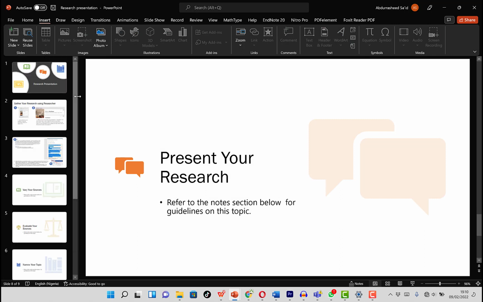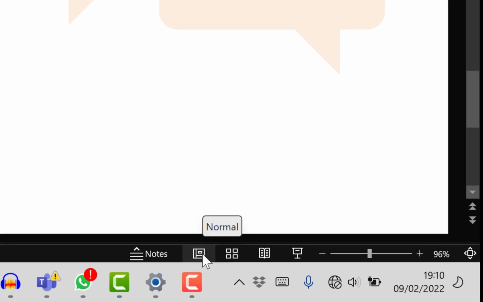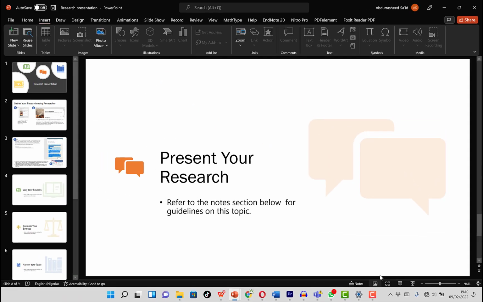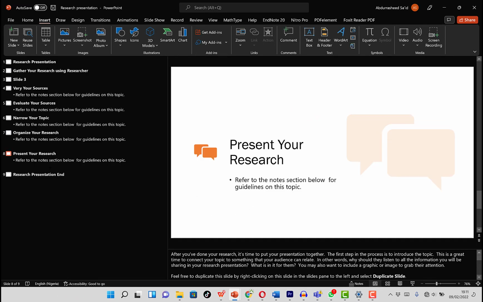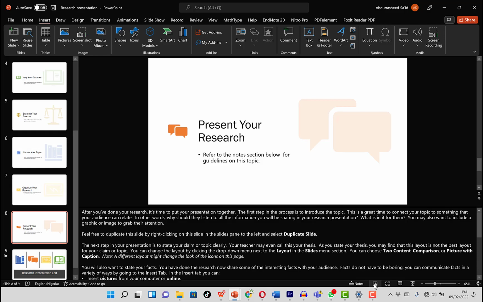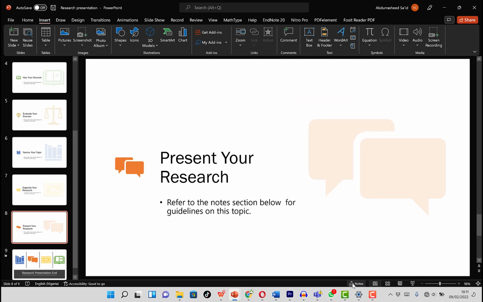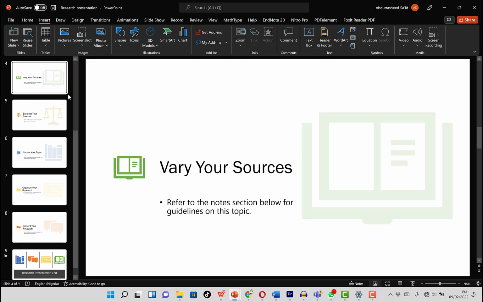To add sections to slides, first of all, let's look at how it's going to benefit us. So this is a normal slide, this is the normal view that we have at the bottom here. You can change this slide view to the list view, where you can see the slides arranged in list form. You can click again to bring them back to the normal view, and then you can close the notes if you want. This is a normal view where you just click on a slide and you can see a